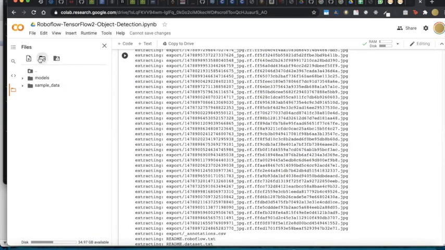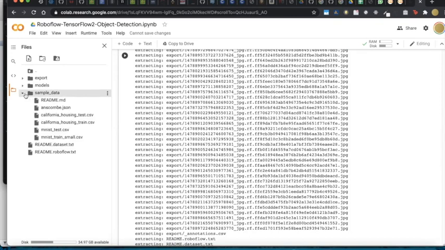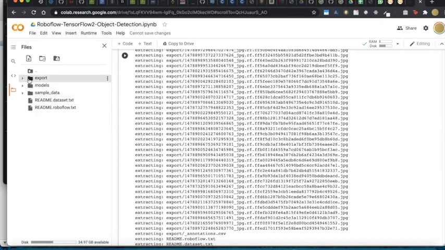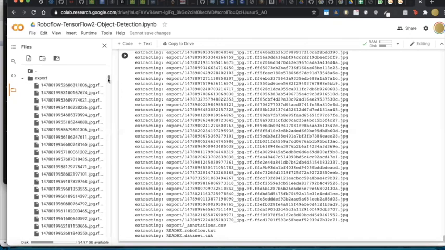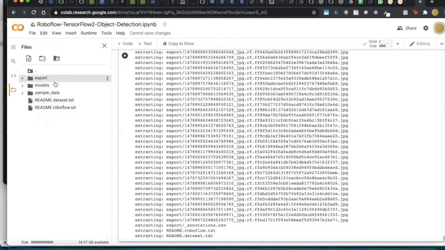All right, so let me refresh my directory. Let's see what we'll have here. It seems everything is stored in this folder here, Export. All right, so the important thing to realize is that in this folder, we have a bunch of images